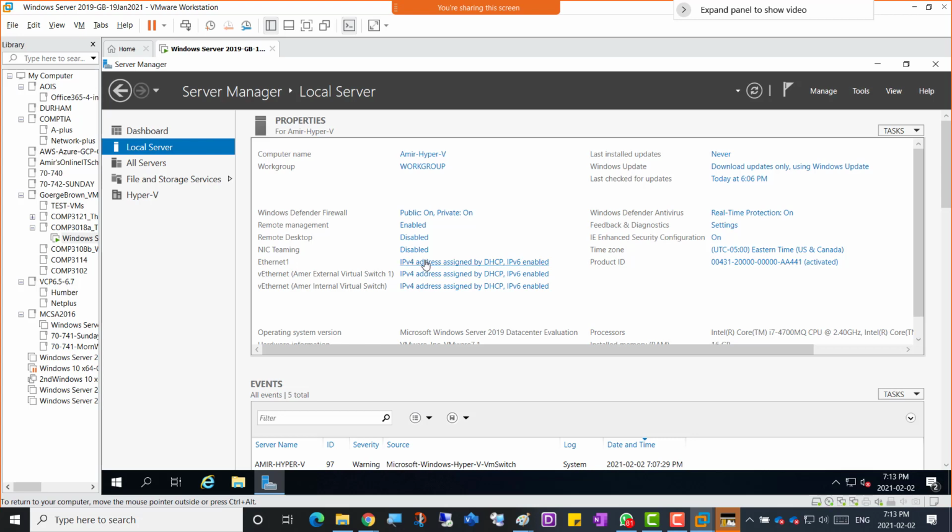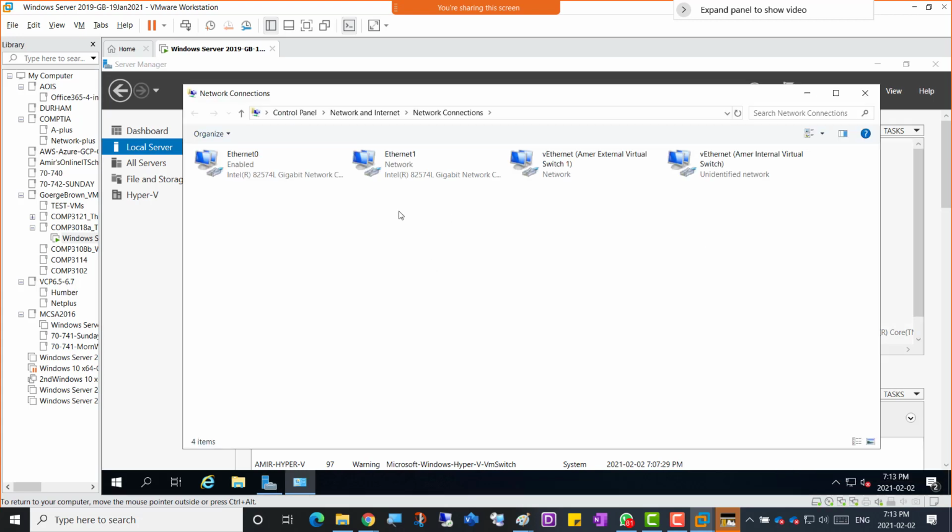I'll just click that Ethernet 1. We could also go from here to open network and internet settings. And once I click that, you can see I added the second NIC, but it does show 4 network adapters,